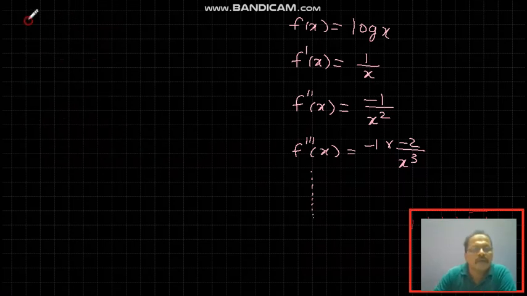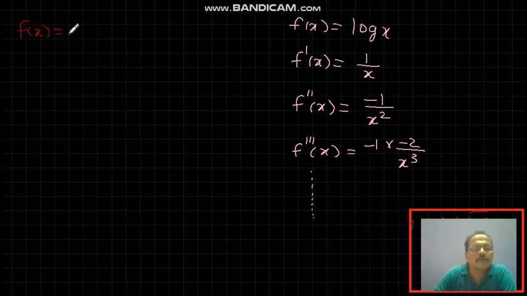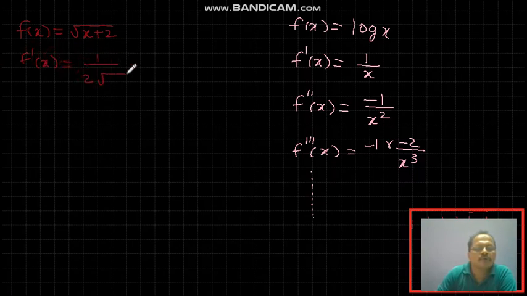If f(x) is equal to square root of x plus 2, then its first derivative f dash x is 1 upon 2 square root of x plus 2. Its second derivative f double dash x is equal to half, as it is derivative of 1 upon bracket,